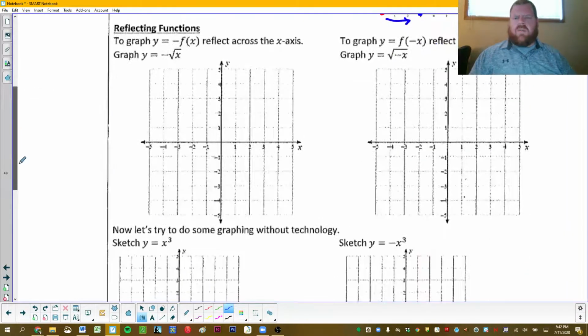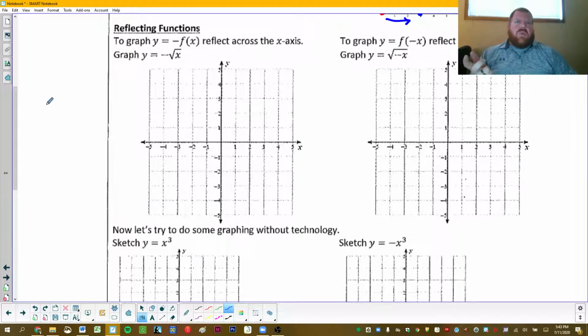All right, the other thing that I want to talk about today is reflecting functions, which we can do the same type of way. There's a quick and painless rule for reflecting functions. To graph with a negative on the outside of the function, x squared isn't that exciting because it doesn't really change much, but